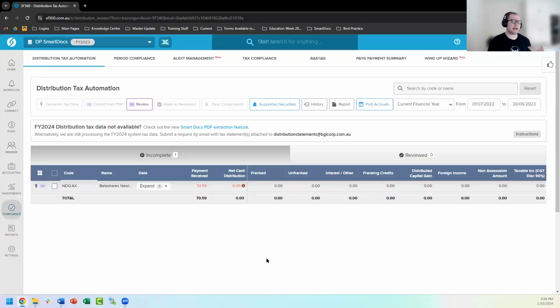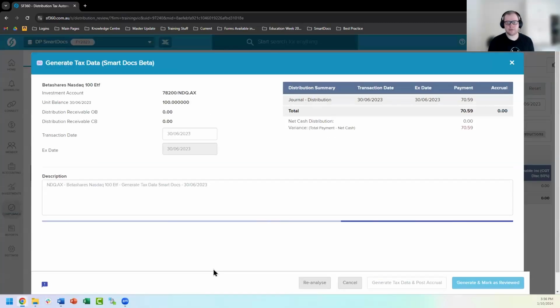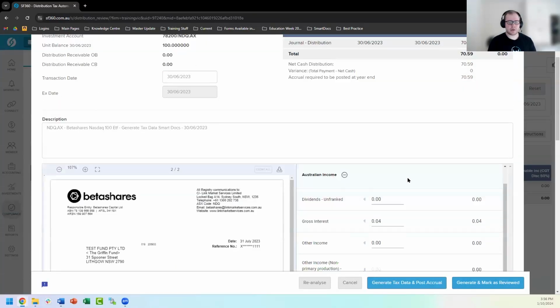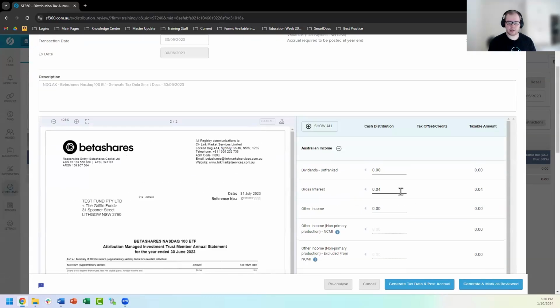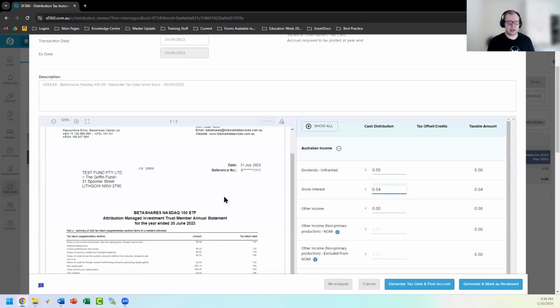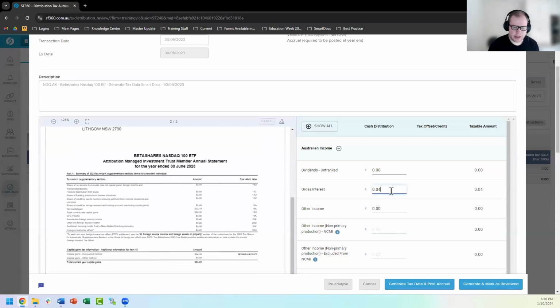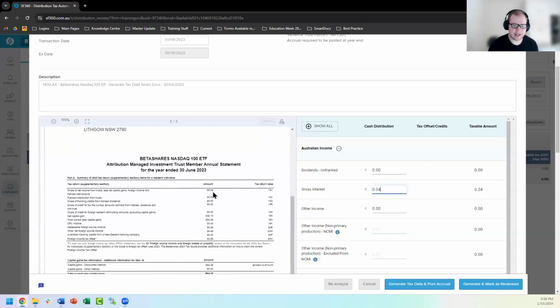So how do you get that tax data out of the document? It's very simple. Select the security that it's attached to, select the SD icon to extract from PDF. From there, it will extract the document, the tax data, out of that document here. For instance, this gross interest of 4 cents. If you click that in the document, it will actually display the 4 cents down here, which you can match